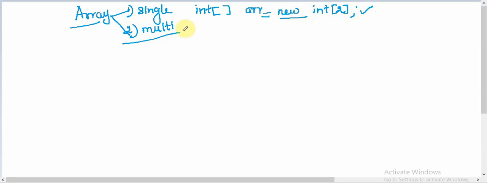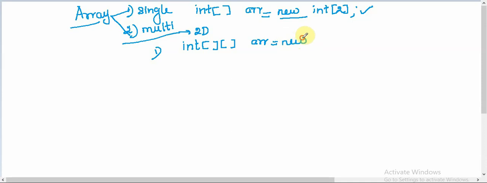So here let's discuss multi-dimension array. In this video we are going to talk about two-dimension array, and in the next video we'll see about three-dimension array and jagged array. So let's see how to create a two-dimension array. First again we have to say the type of the array, and since it is a two-dimension array we have to say two square brackets. It says it is a two-dimension array, followed by the name of the array, and first we will see how to create an array using the new operator, right?